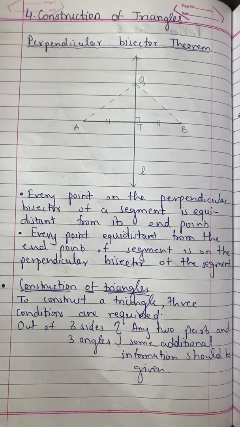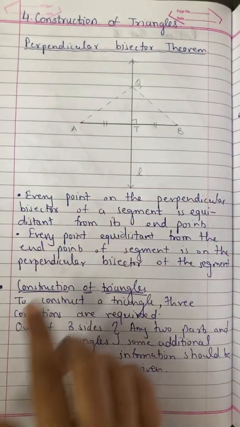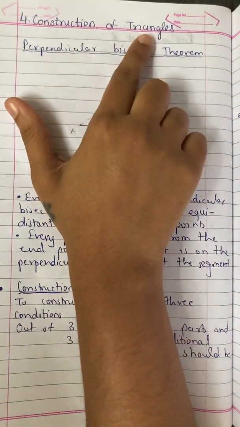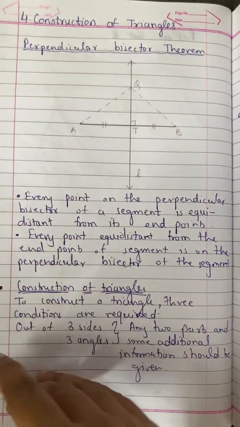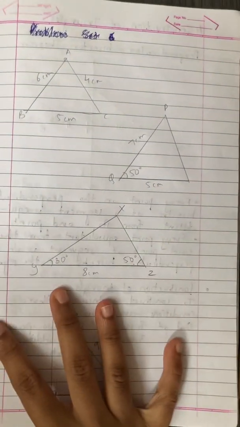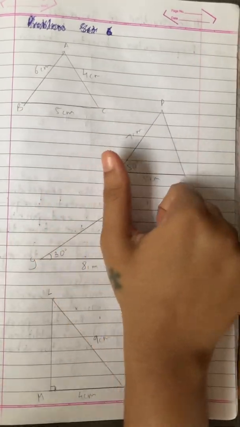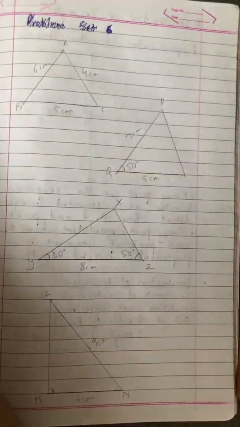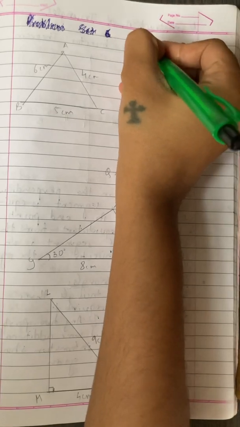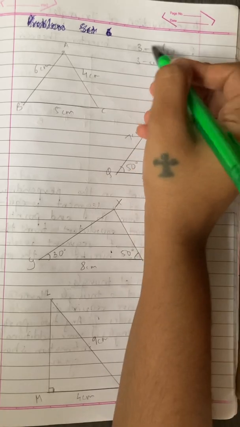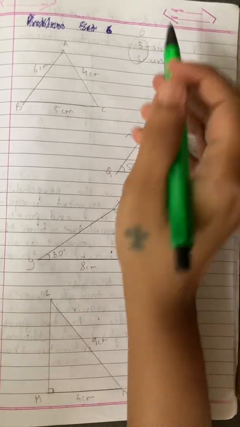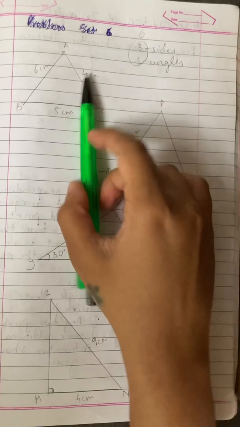Students, we are going to study about construction of triangles. This is our fourth chapter. Before we learn about construction, I would like to tell you that you have studied construction of triangles right from standard 7. A triangle has six parameters, 3 sides and 3 angles. Even though only 3 parameters are given, we can construct a triangle.